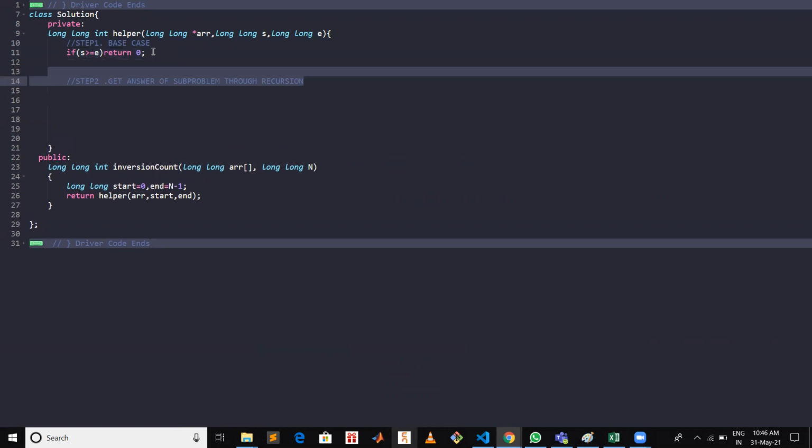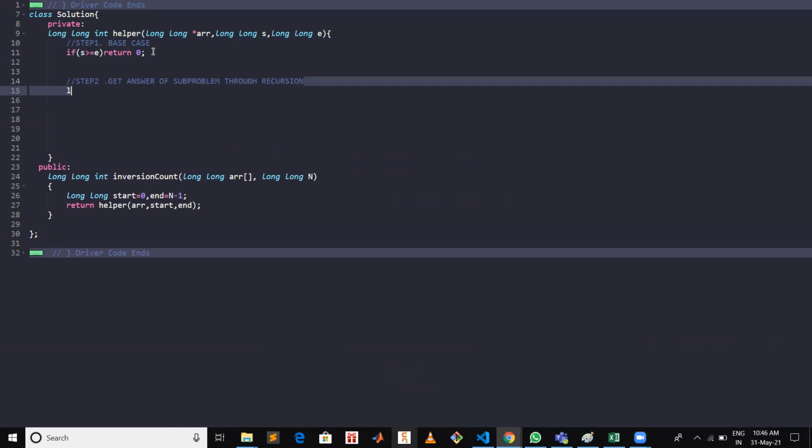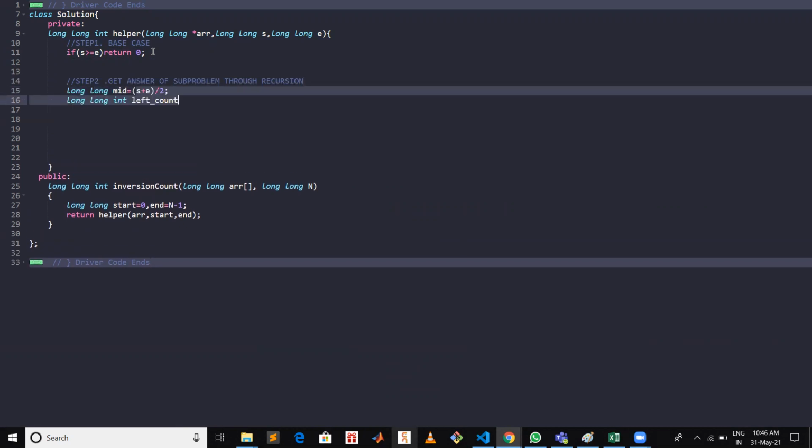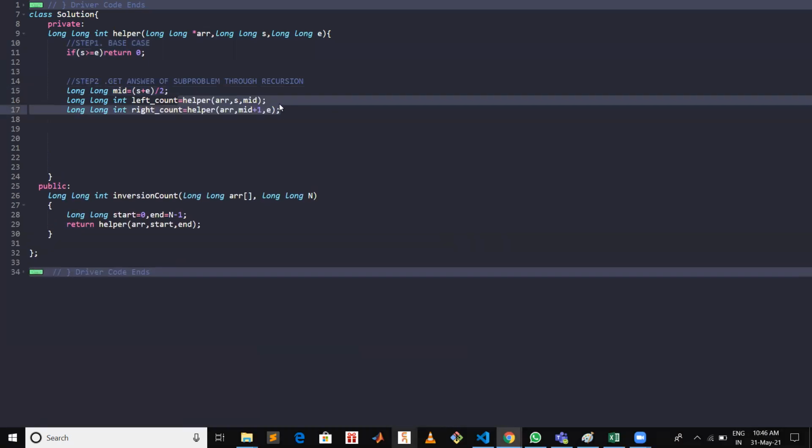All right. Now we will get the answer of the subproblem through recursion. How can we do this? We will first calculate the mid as (start plus end) by 2, and then we will get the answer of the left and right parts of this array by calling the recursion.